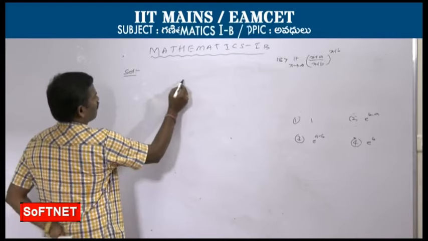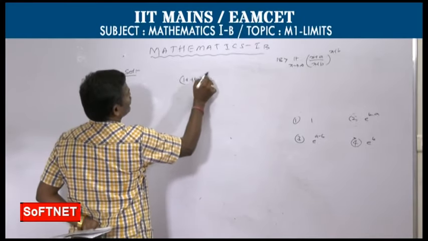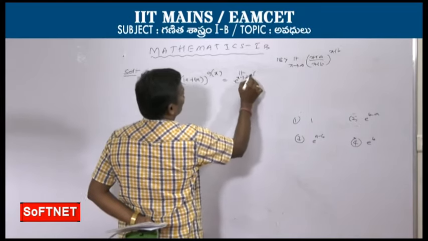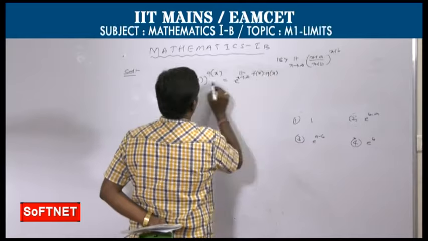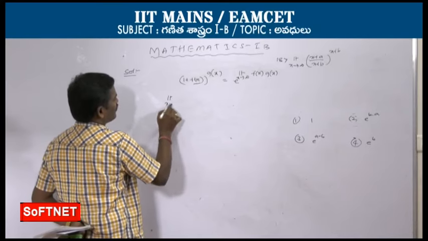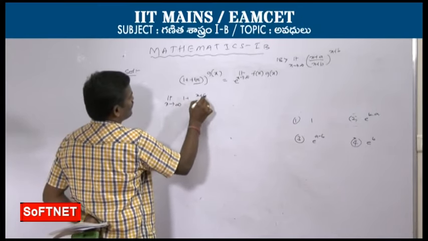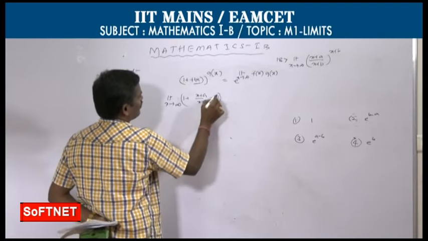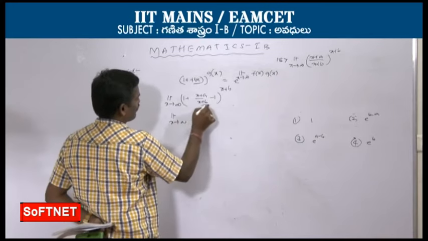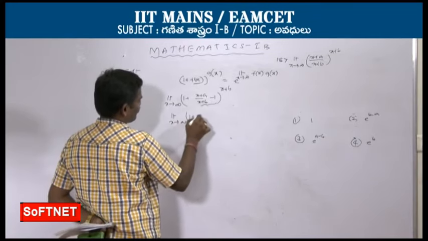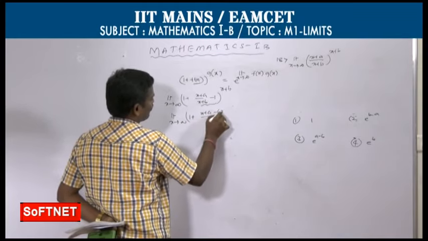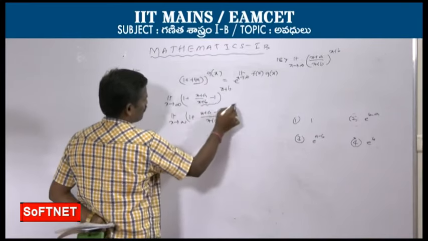So this question is 1 plus standard form, f of x to the power g of x model. For this, e power limit as x extends to infinity of f of x into g of x. So we need to get first f of x. That is not in the standard form. First we need to add and subtract 1. So limit as x extends to infinity of 1 plus (x plus a by x plus b minus 1) power x plus b. So here this one is f of x. For that, 1 plus x plus a by x, LCM is x plus b, so minus of x plus b power x plus b.